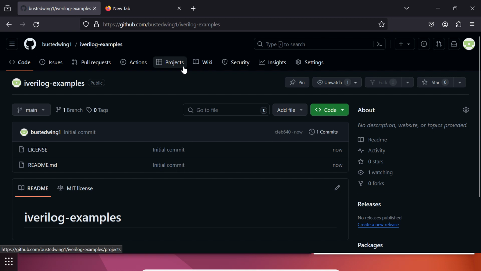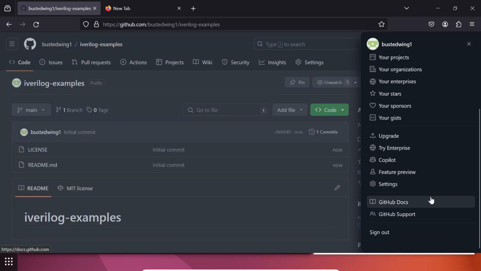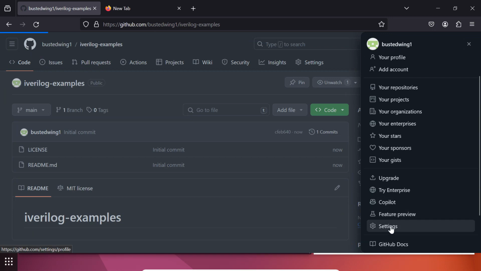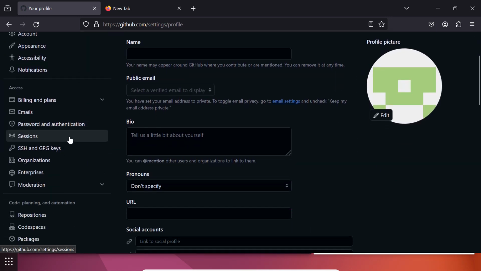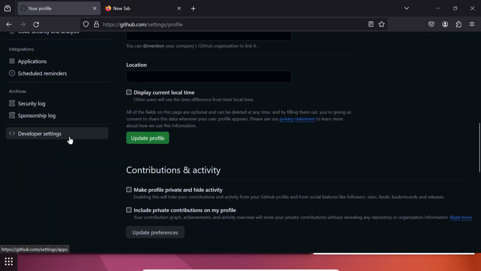GitHub does not accept your password, your GitHub password, when you do a git push. It needs you to use a special personal token. So let's create the token. And so that's where you go over to this icon, your icon in the upper right-hand corner, left click, scroll down to a lot of options, but scroll down to settings, left click over here, and keep on scrolling. Developer settings right at the bottom, left click,